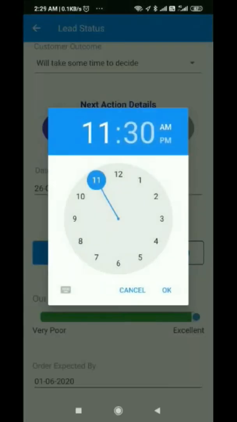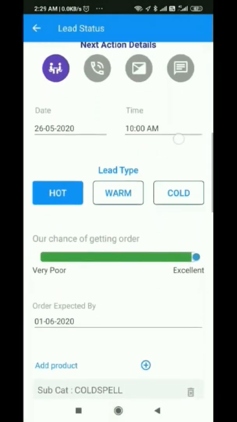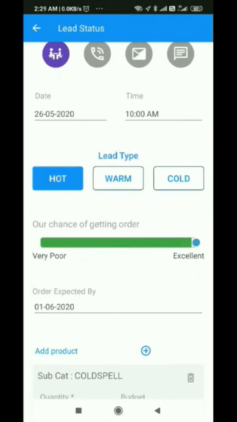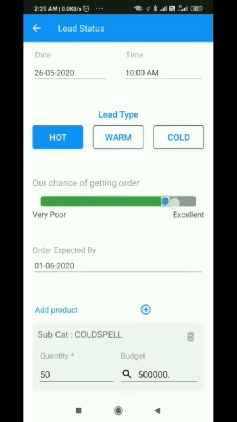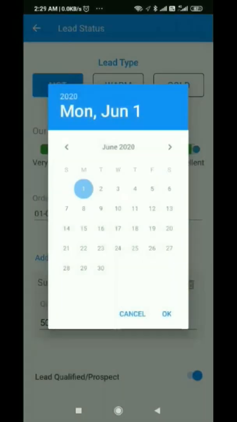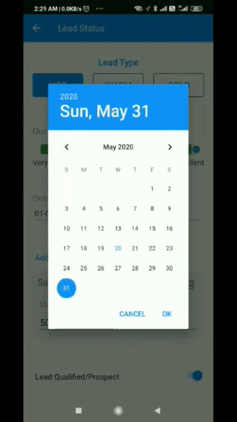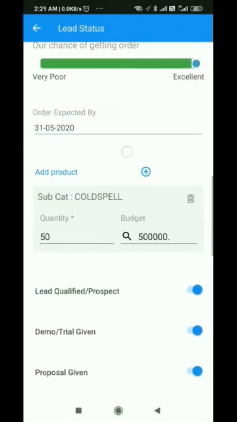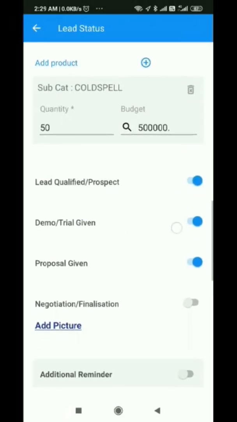Are your chances of getting the order changing? Is your order expected date changing? Is any product changing? Is instead of old, is he buying a new product?